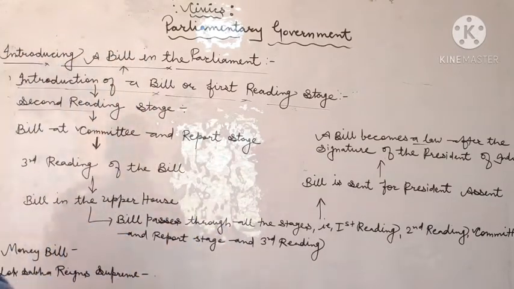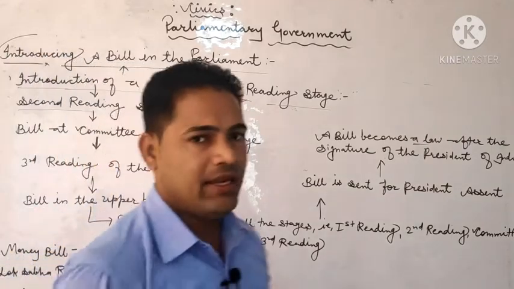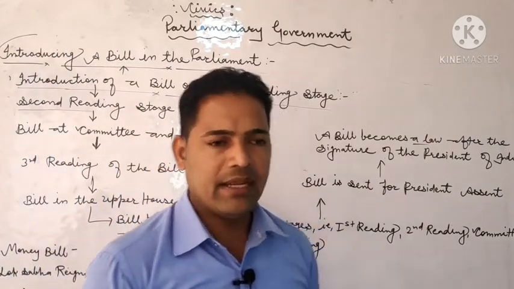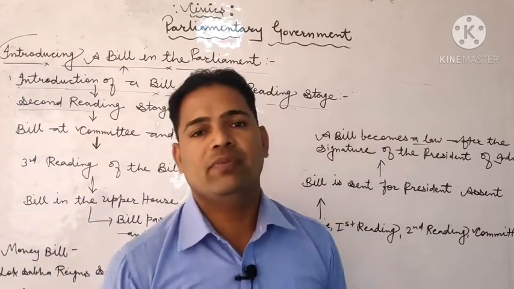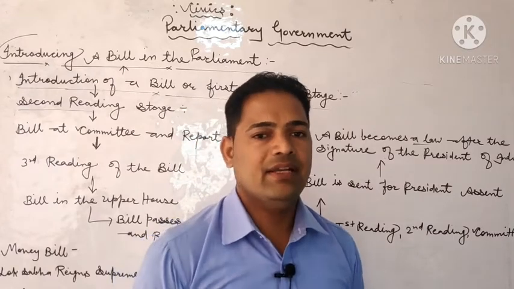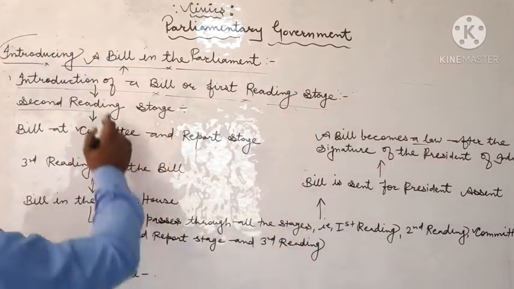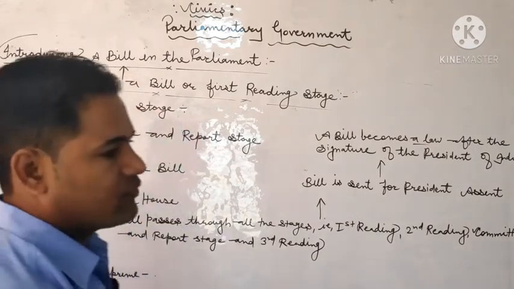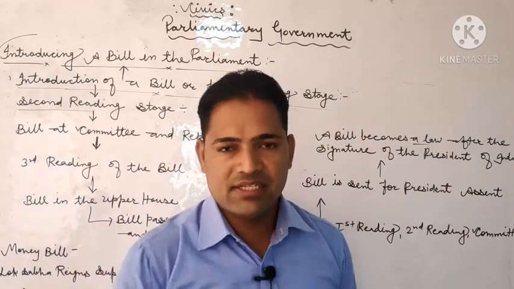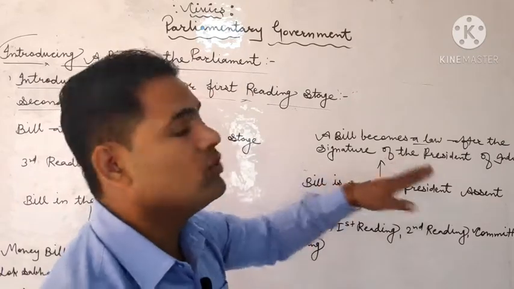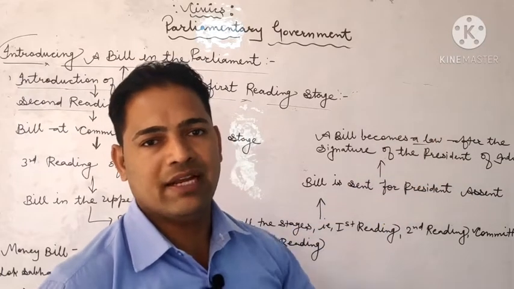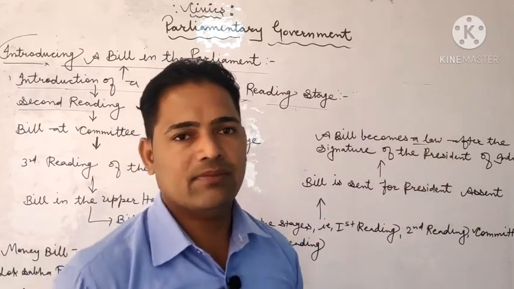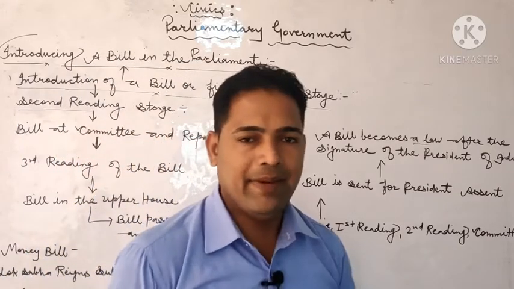So my dear student, this is the process by which a new law can be made by the government. As per the demand of the people and the requirement of the nation, when a new law should be there in our country, first of all a simple bill is there in which different kinds of rules and regulations are laid out, but still it is a bill only. Why? Because it requires the approval of the president, and as you know very well, until the president approves, that bill is not even valid. No one is going to follow it. It's a simple document where the policies are made by the ministers.